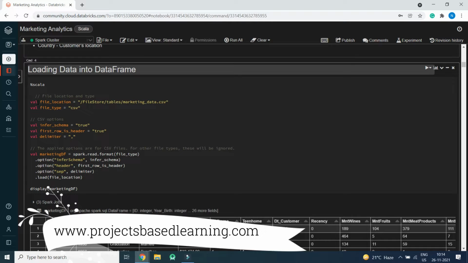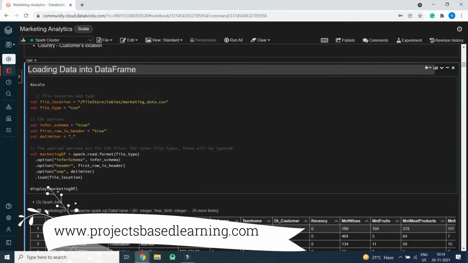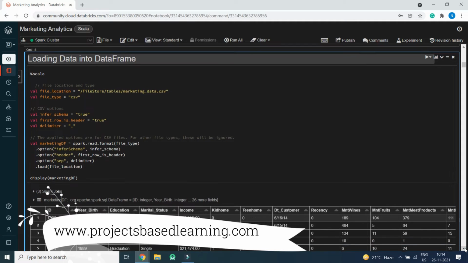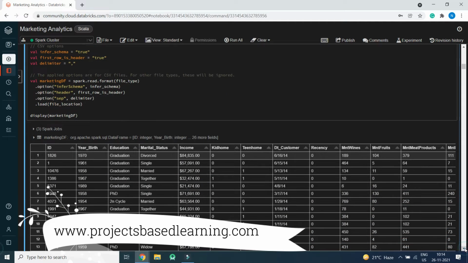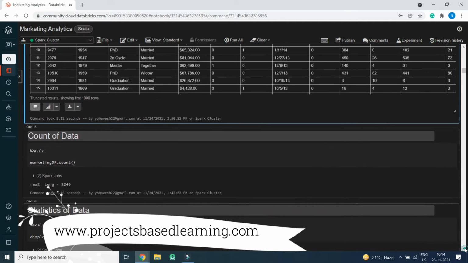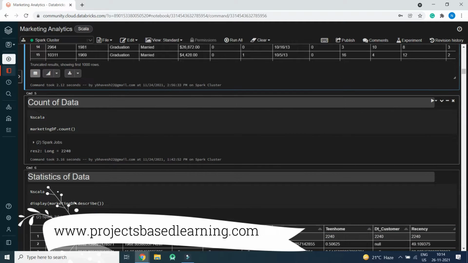So the first thing, we will load the file using a Spark Scala data frame. So data will be loaded into the data frame. The file is of type CSV, and here we have loaded the data and displayed the data. The second step is to count the data.